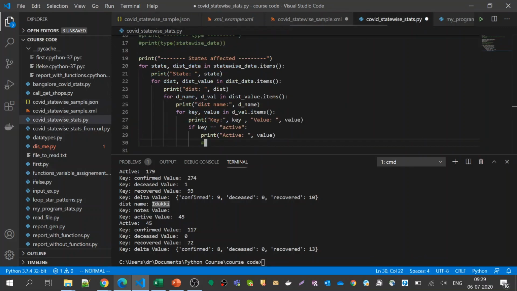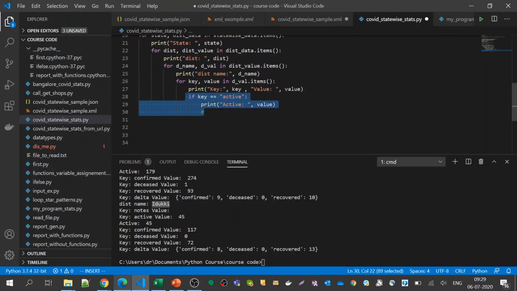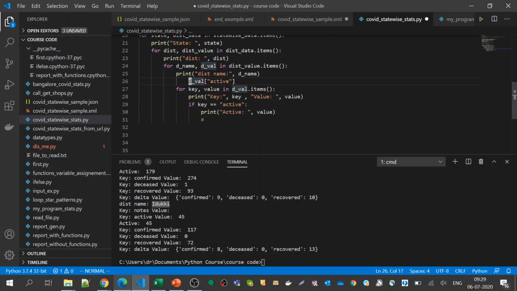you need to write a program to say: if key is equal to this, then do this, then do this, then this. There are other ways also. For example, we can directly access dictionary values such as dval active directly here. So that is another way to do it, because in programming we always have multiple ways to do it. So instead of parsing it here, you can actually use it directly. For example, I can use dval and access directly active.